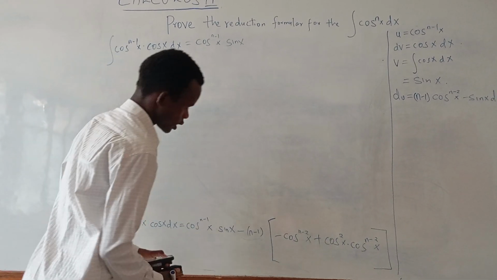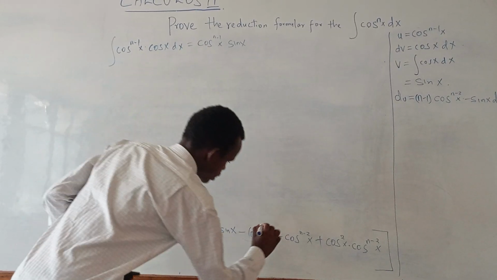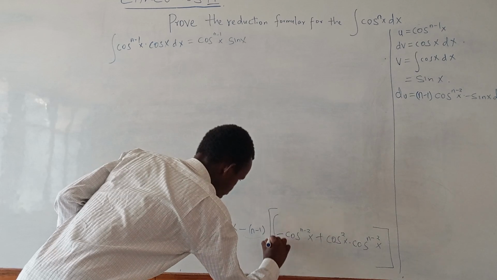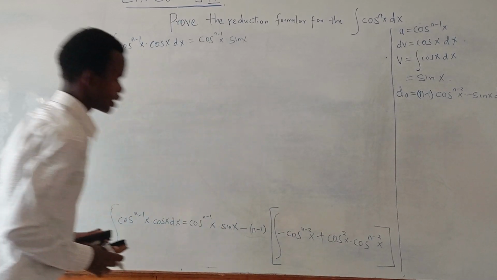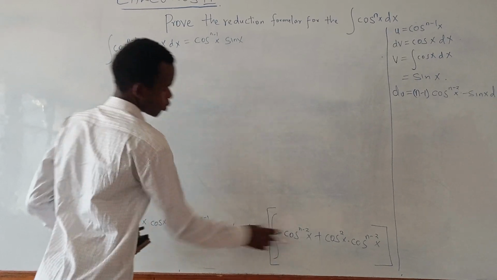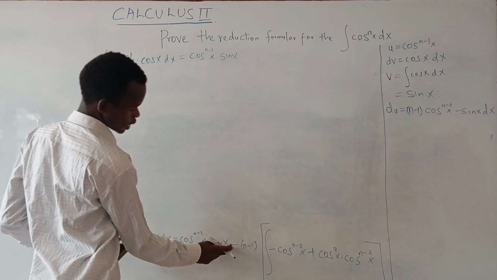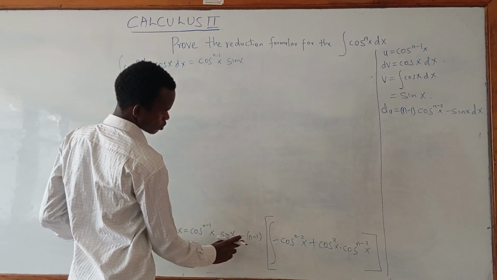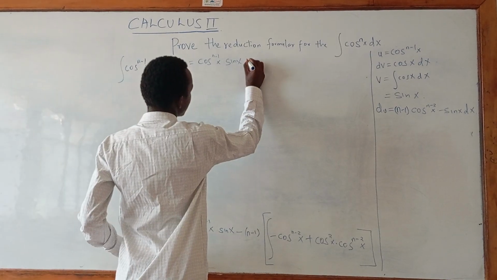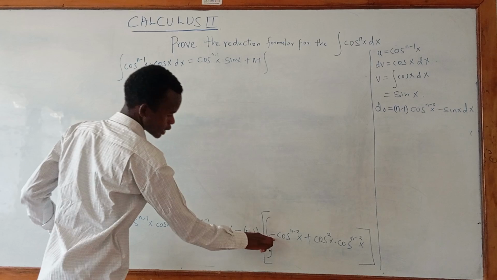Okay, sorry, I failed to place an integral sign. There's an integral sign here, then the bracket. So multiplying these, opening up the bracket, this multiplied by this will be positive, so it will be plus n minus 1, the integral of these